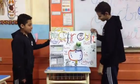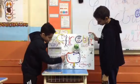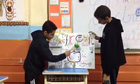Okay, now we're talking about electric circuits. This is a real circuit. It has two wires, and it has a battery, and it has a switch and a lamp. The lamp